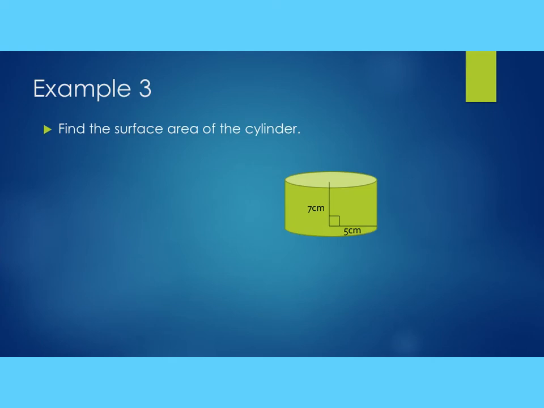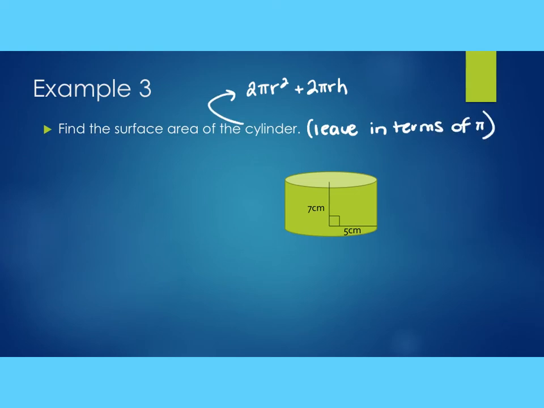All right, so example 3 says find the surface area of the cylinder. We just said that the formula for surface area is 2 pi r squared plus 2 pi rh. We're going to leave these in terms of pi, which is what the homework says to do too. So really the only things I need to identify from my cylinder are the radius, which is 5, and the